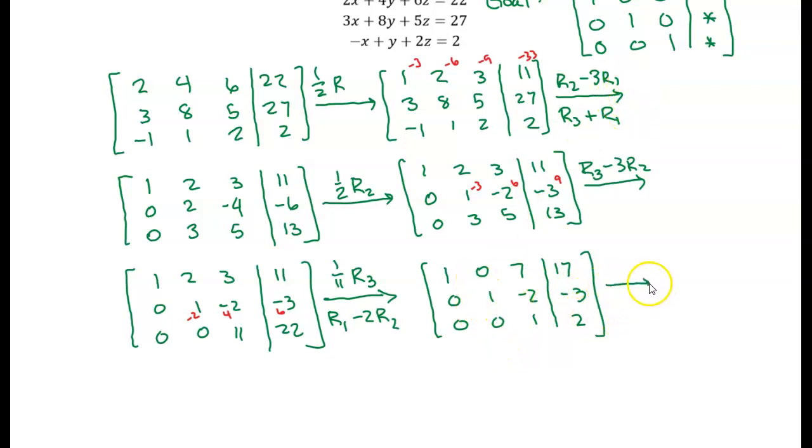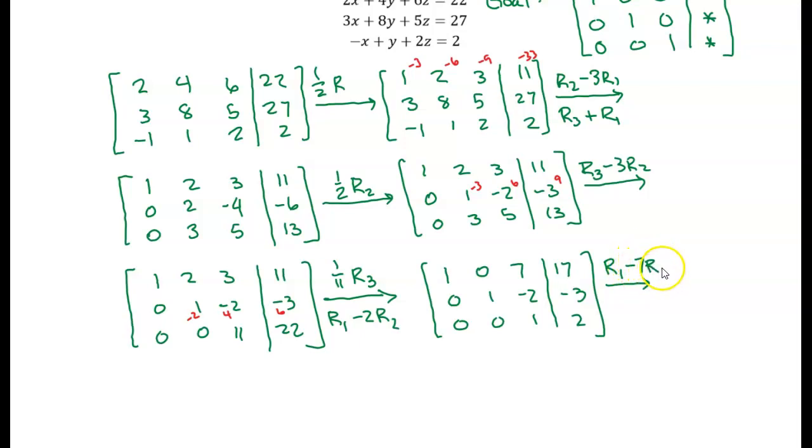All right, so now I just need to work on the third column, and I've actually got a 1 now in the lower right-hand corner here where I want it. So I'm gonna do 2 steps in 1 again. I want to zero out these 2 numbers above the 1 in the third column. So what I'm going to do is take row 1, and I'm going to subtract 7 times row